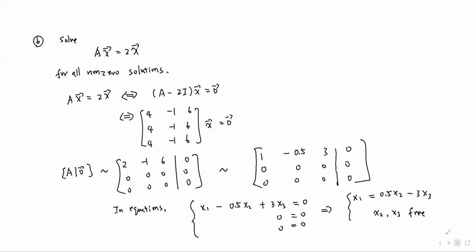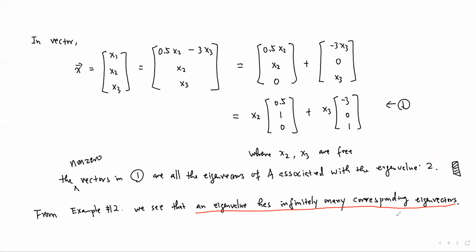This is a solution to part B. From the solution to part B, we can see that the eigenspace of the matrix A associated with the eigenvalue 2,